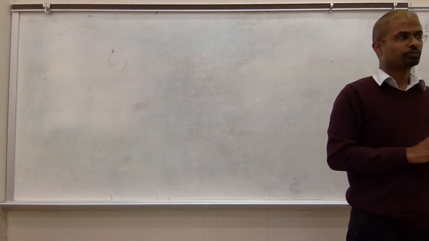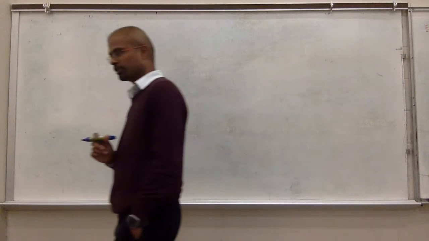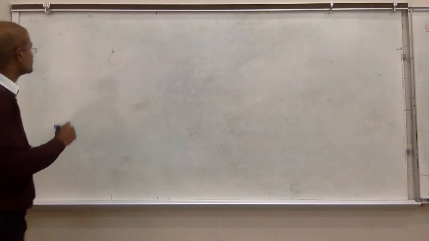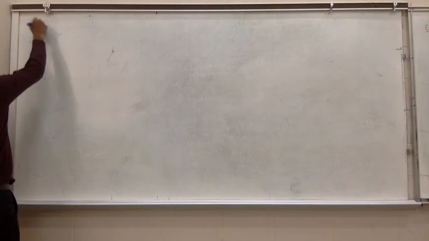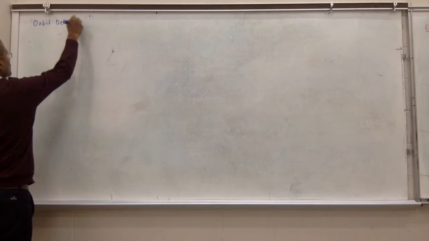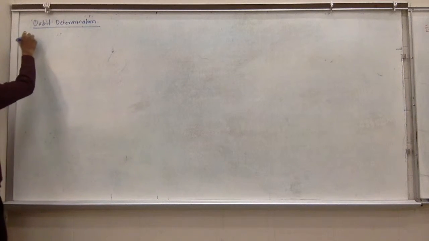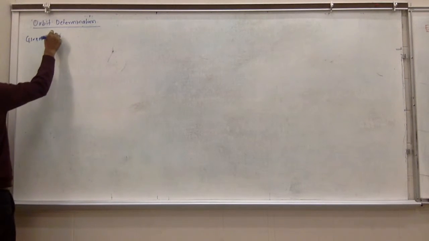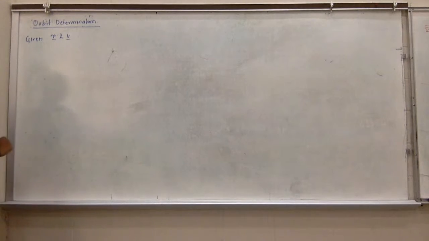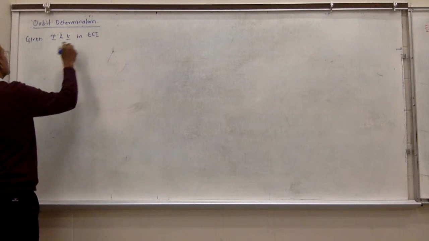Nobody? You compute the orbital elements. Right. So, what is given and what are you trying to compute? You're given R and V vectors. So that is the orbit determination problem we discussed. Given R and V, right? You were given R and V in what frame was this? ECI frame. Okay. And you are required to find